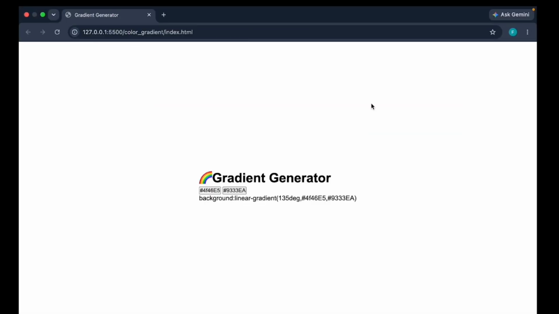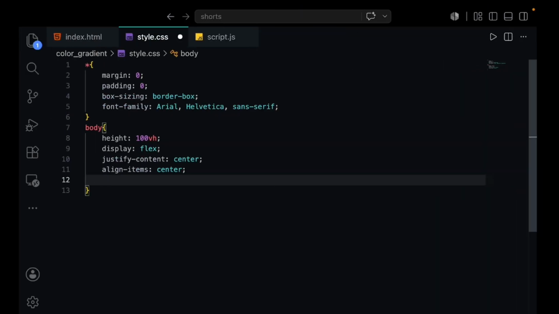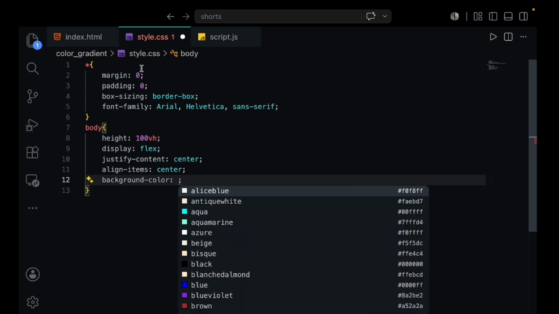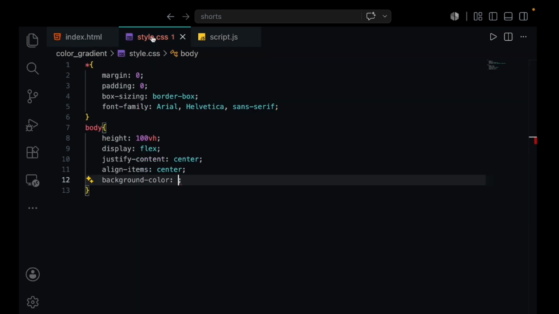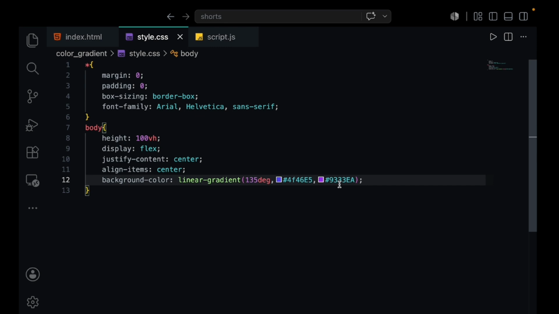Let's give a background also that we have set in our HTML, that default background. Let's give it background, which is going to be, let's copy from this linear gradient and put it here. Let's see. Not good.